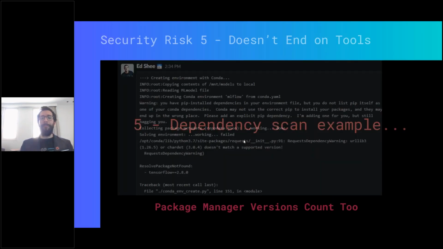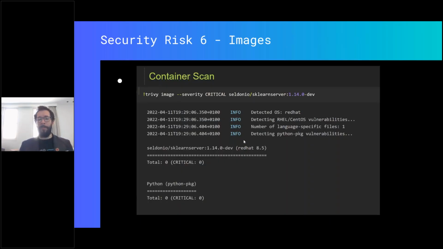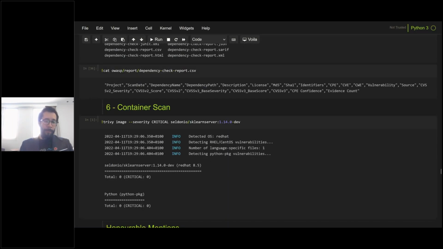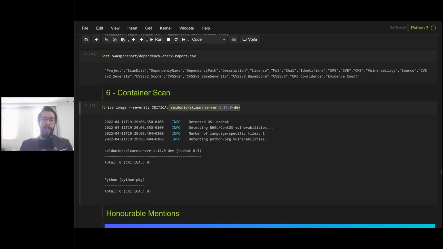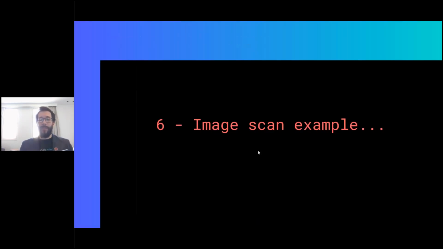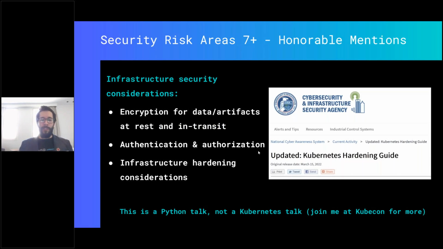Now, finally, for the images. One thing to remember is that whenever we build an image, which in this case we did when we deployed our model, you didn't see the stuff that is happening underneath, but we deployed to Kubernetes, which uses an image underneath. Those images, although they bring a lot of benefits of reproducibility, can themselves have vulnerabilities. And you can use tools like Trivy that perform security scans and tell you whether you have any critical vulnerabilities, et cetera. So that's basically it. We've talked about some of the top vulnerabilities, but there are some honorable mentions